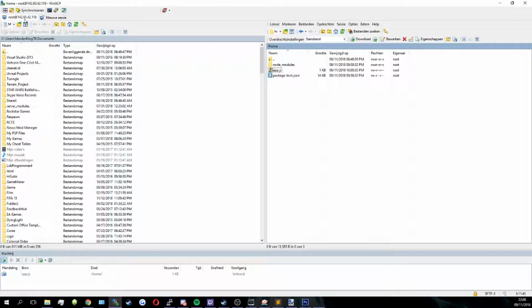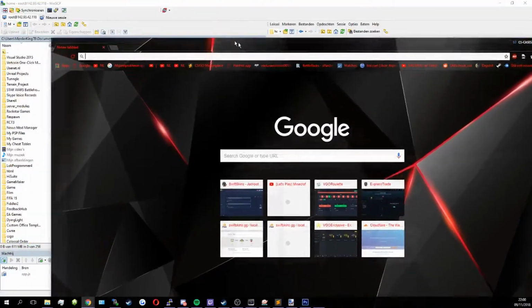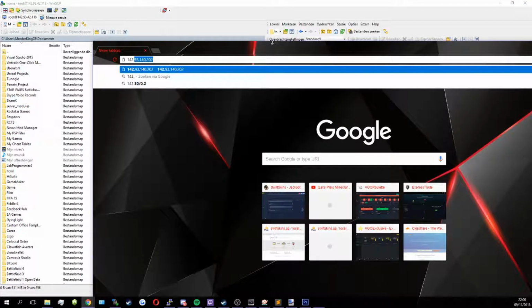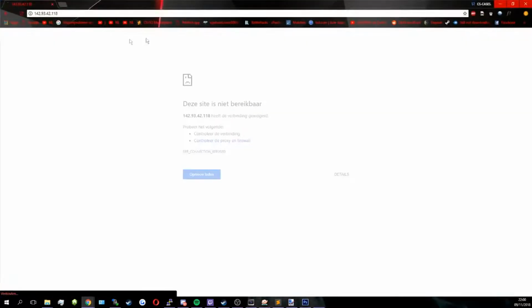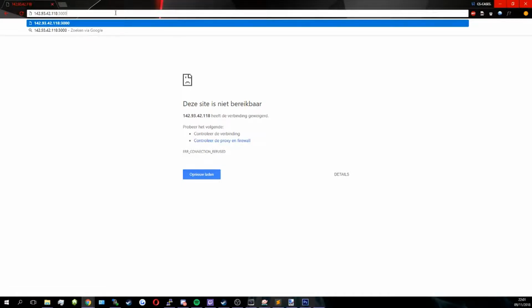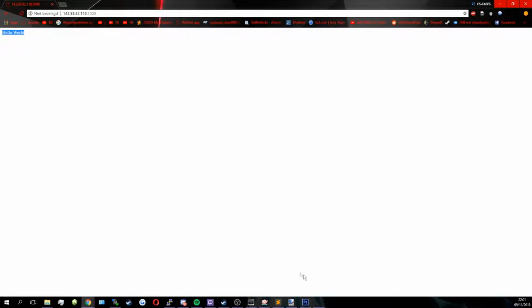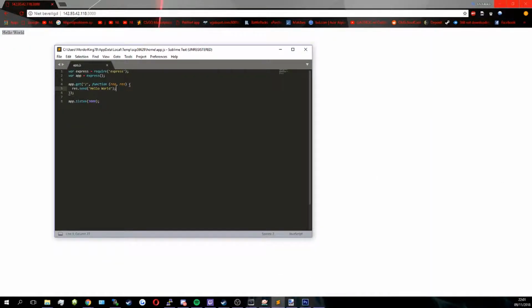But if you now go to our IP in our browser, 143.142.118, it will not do anything. But if you go to port 3000, it will say hello world. So that's our first application done. We can, for example, change this, but we can also render files and stuff. We can render an HTML file or whatever. But just for testing purposes, we're just gonna change this. Let's say main this. So this is our main page,